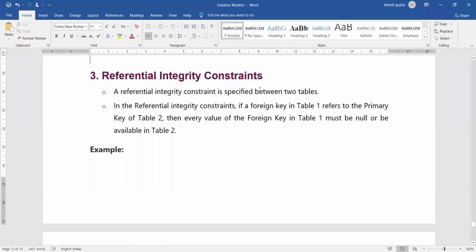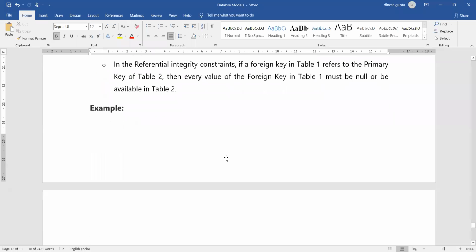तो referential integrity क्या है? दो tables के बीच में यूज होती है. If a foreign key in table 1 refers to the primary key of table 2, then every value in the foreign key in table 1 must be null or be available in the table 2. इसका मैं आपको एक एग्जांपल नीचे बताऊंगा. या तो एवरी वैल्यू इन द फॉरेन की ऑफ टेबल 1 नल हो जाए, या वो अवेलेबल होना जरूरी है